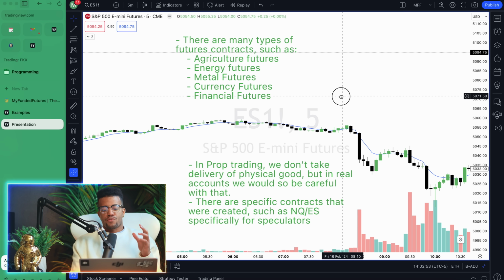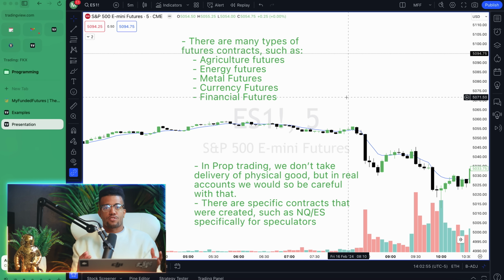But really what we want to focus on is as prop traders, because you're probably coming from Forex prop firms. You're looking for something very similar. As a prop trader, we don't have to worry about some of the nuance of deliveries of futures contracts. Disclaimer, if you were just a normal non-prop futures trader trading maybe oil futures, there are many stories that you can go and Google of people having to deal with a delivery of thousands of barrels of oil or of corn or whatever it is that you're trading.